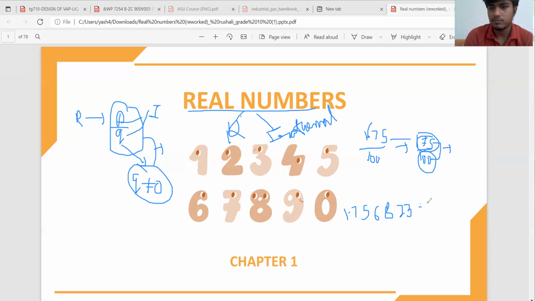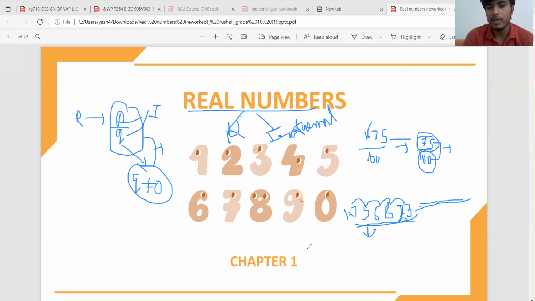But we have a number like 1.7582 and so on. This is not ending and is going on like this. We don't know what the next number is, it is just going on. These digits are not repeating after the decimal place. They are not the same, just any numbers, like 756823343 and going on. So these numbers are not repeating and not terminating after the decimal place. This number after the decimal place is non-terminating and non-repeating.